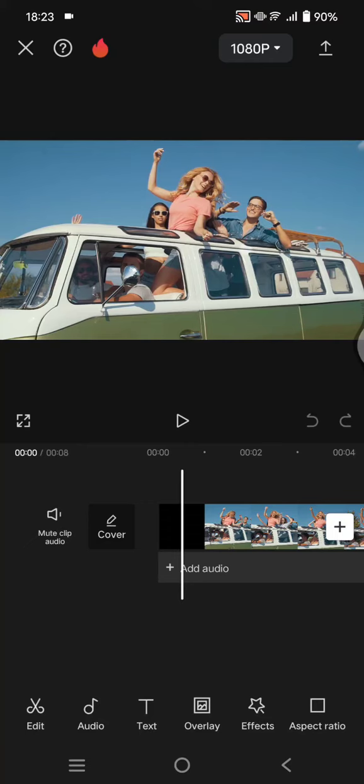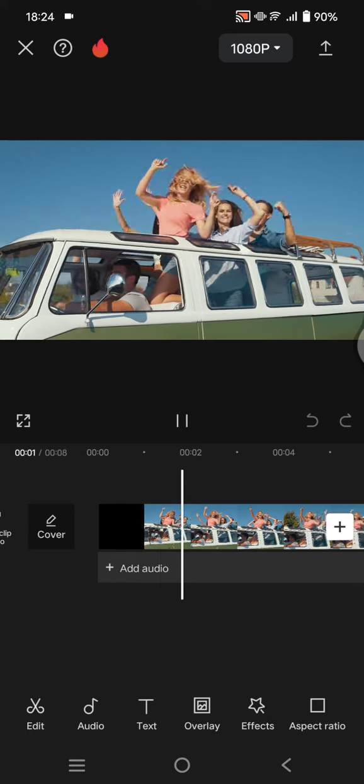On today's tutorial, I'm going to show you how to use this CapCut filter to apply dreamy looks on your videos or photos in CapCut mobile. So in here, what you need to do is add your photos or video into CapCut and then go straight to filter,